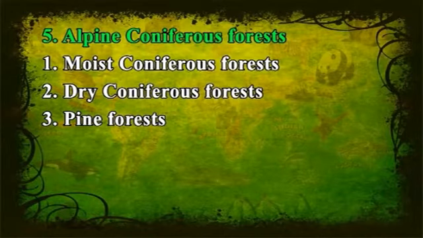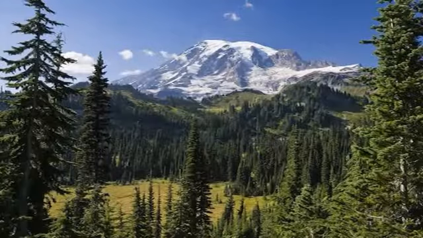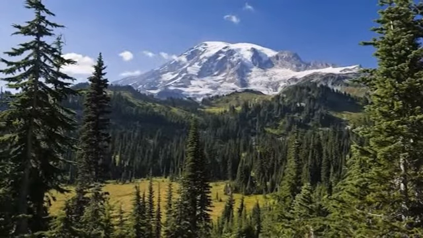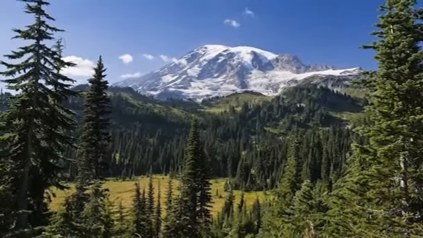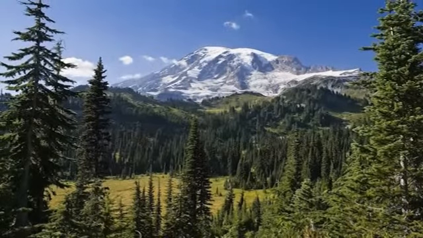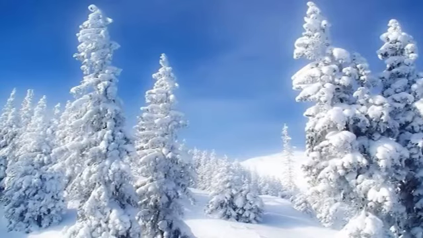The first one is moist coniferous forest. Moist coniferous forests are found all along the Himalayas and on the higher hills of the Myanmar border. It has a low scrub, dense evergreen forest consisting namely of rhododendron and birch. Mosses and ferns cover the ground in patches. This region receives heavy snowfall.